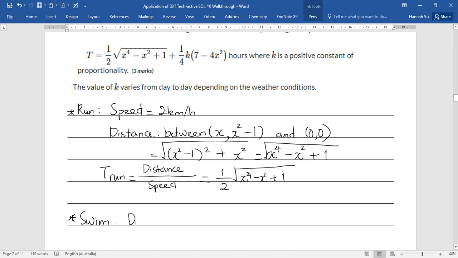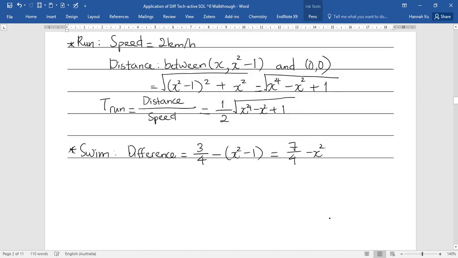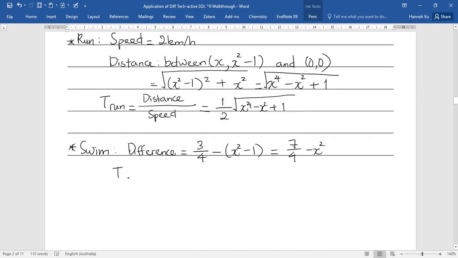So this difference is going to be the y coordinate of the desalination plant, which is 3/4, and the point where he enters the river in terms of x is x squared minus 1. Now if you expand the brackets and simplify it, then you get 7/4 minus x squared, which means that the swimming time, if you write it in terms of proportion, where k is a positive constant of proportionality,